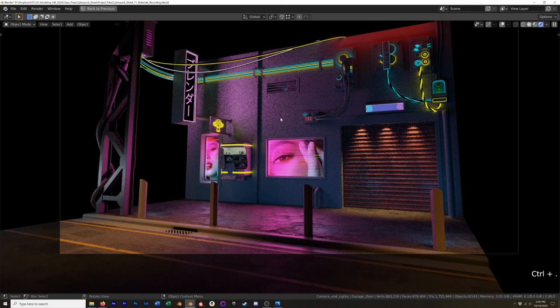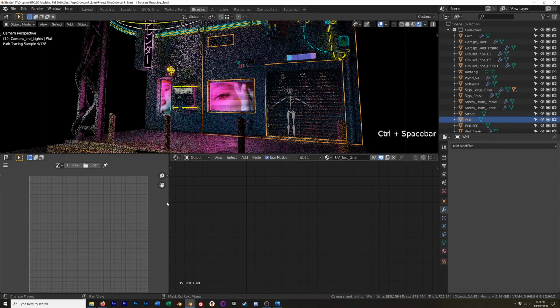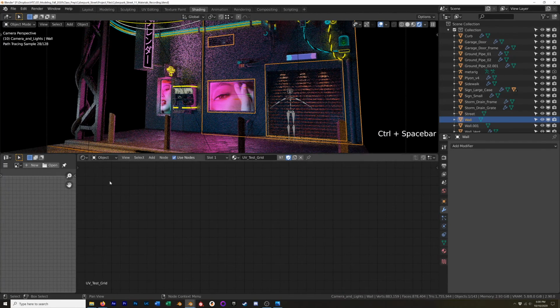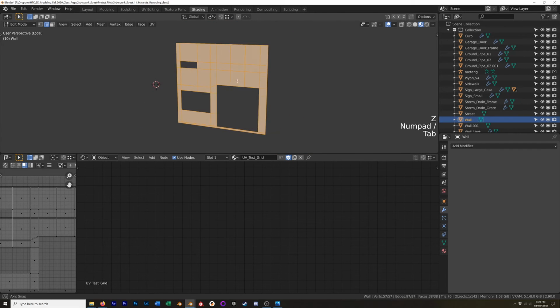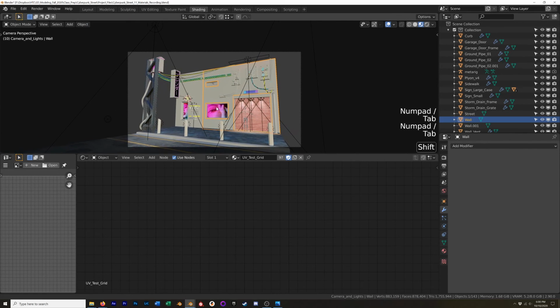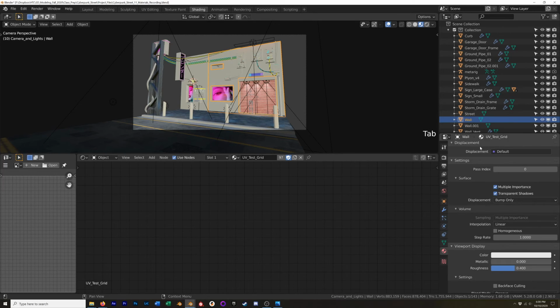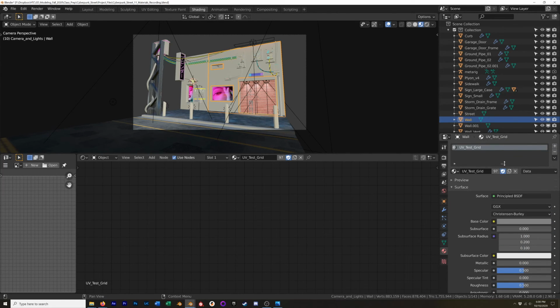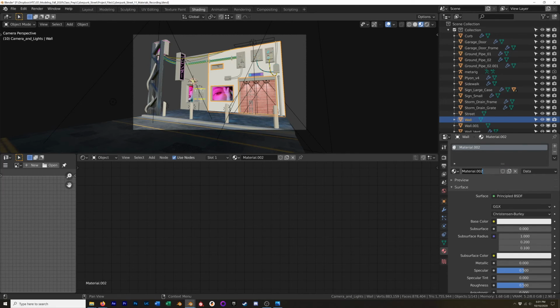All right, next up, let's do this big wall right here. Okay, so we're going to grab this wall, and same deal as before. Let me also check. I might have been lazy before and not add. Okay, so I think we're good there. Making sure we had the right geometry there. All right. Materials. And get rid of the UV test grid. Add in a new material, and we will call this